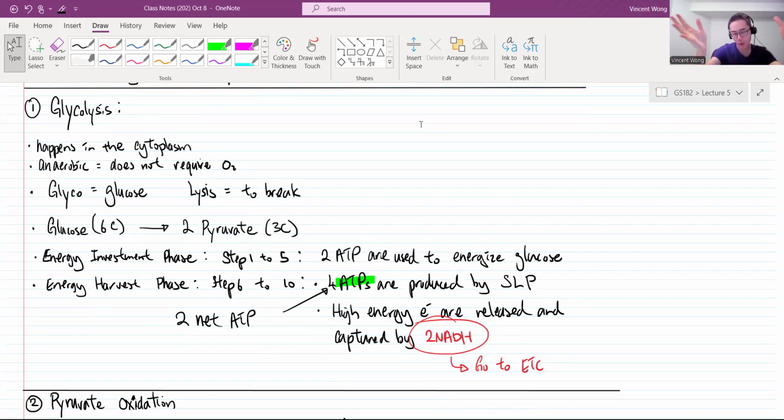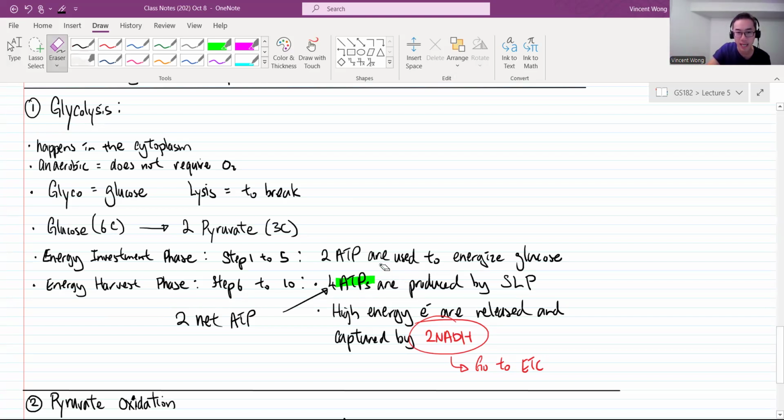All right, so let me help you put this into perspective again. We started with glucose, right? Because we want to break it down, we want to harness all the energy from glucose to make 36 ATP. But you cannot get something without putting some effort in, without putting some energy, some investment in. So we've invested 2 ATPs at the beginning to energize the glucose to prepare it for the reaction. And from that investment, it's like you're paying $200. From that $200, you actually got back quite a bit.